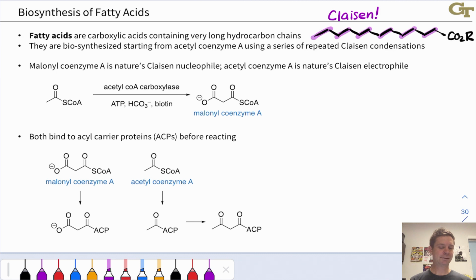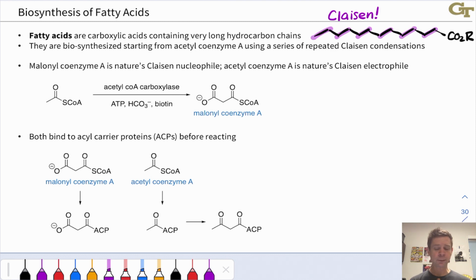For example, malonyl coenzyme A is nature's Claisen nucleophile, and this is malonyl coenzyme A. It resembles malonic acid, which would have two carboxyl groups. Here we have a carboxylate, the predominant ionization state of a carboxylic acid under physiological pH conditions, and a thioester over here. And unlike the laboratory Claisen condensation, this Claisen condensation is going to involve thioesters rather than esters. However, the basic chemistry, the electron flow here, is highly analogous to